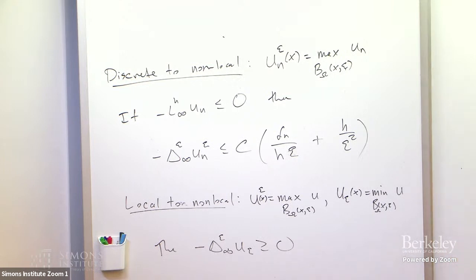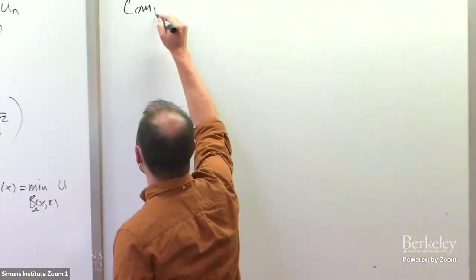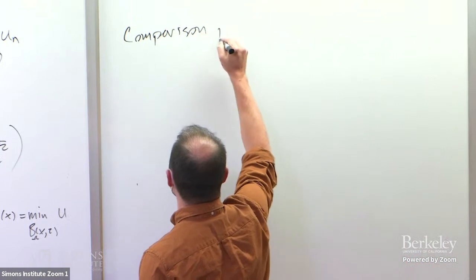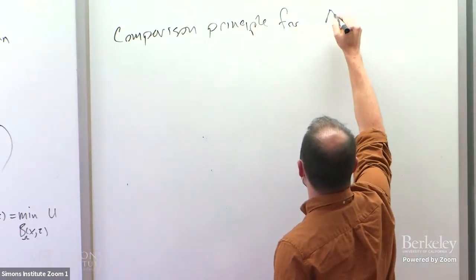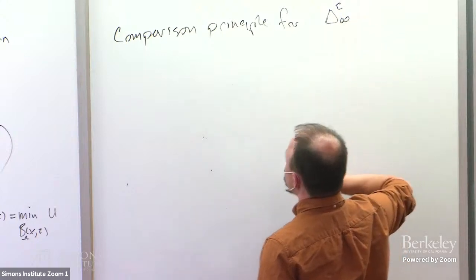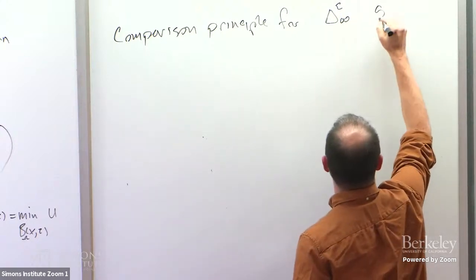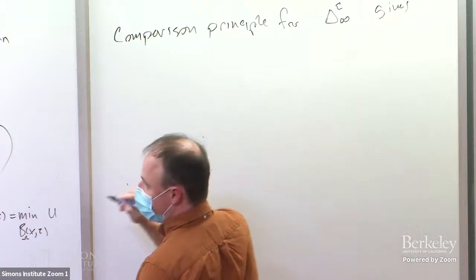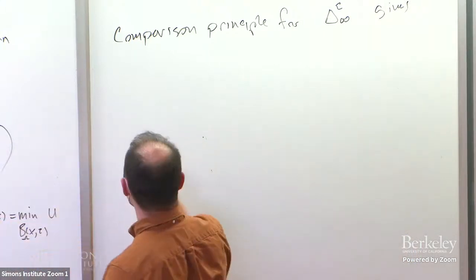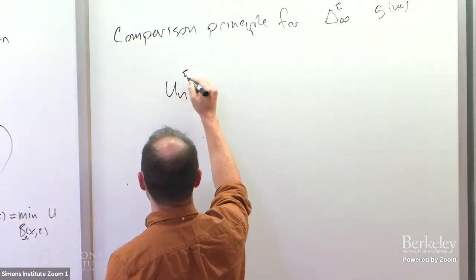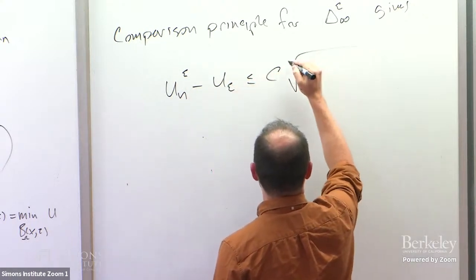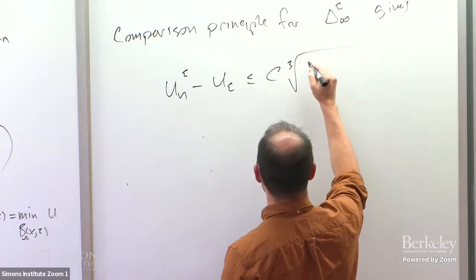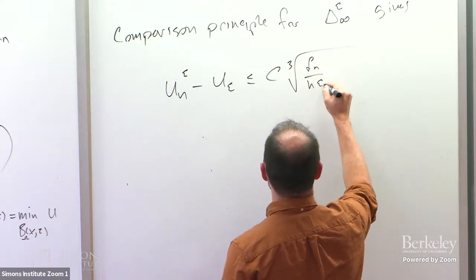So if you apply the comparison principle for the non-local equation, this gives that, so this is a subsolution property, supersolution property. So you get un epsilon minus u epsilon. So there's a couple of tricks you have to play here. So you get a cube root because of them. So you get this,